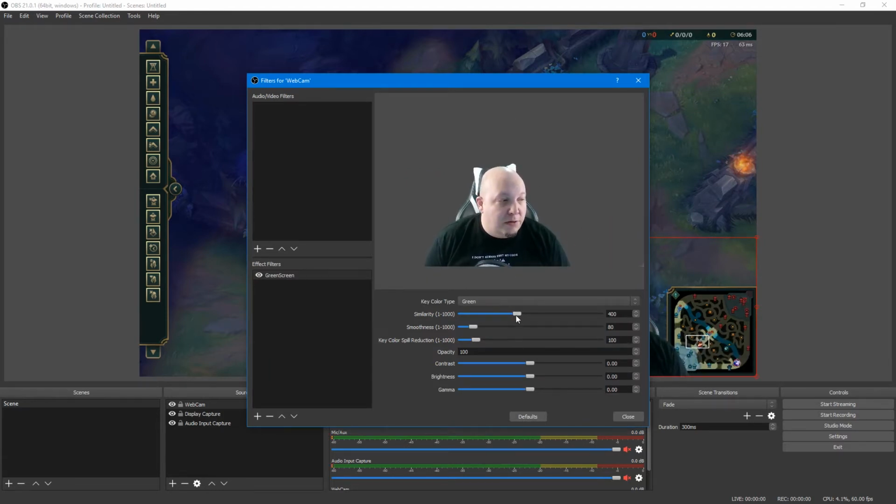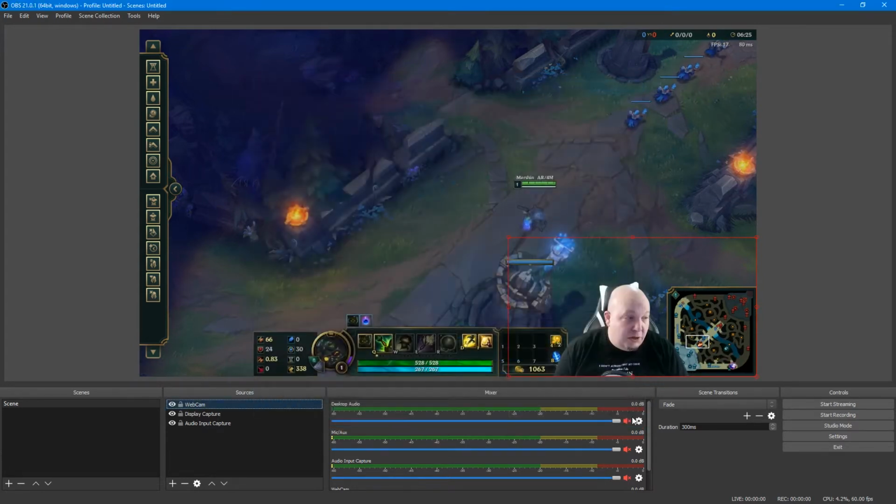Now you can play around with these little sliders, and that's only necessary if you had a lot of shadow or your green wasn't really uniform across your screen. But if you've done a good job of getting the right amount of uniform light on your green screen and that's well lit, generally the defaults will work well, as was the case here. So I'm just going to click close right away, and as you can see, I am perfectly in this corner